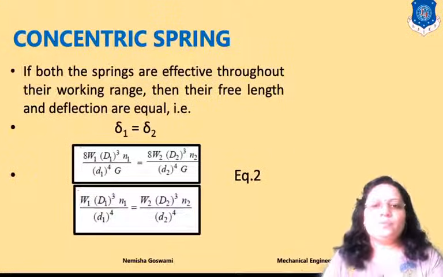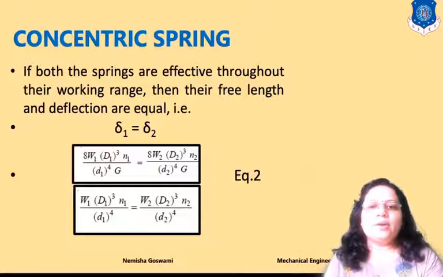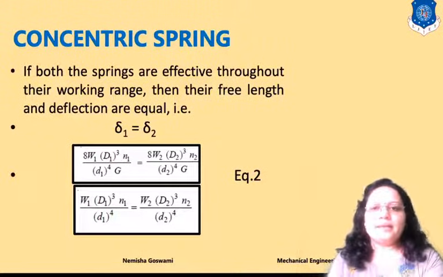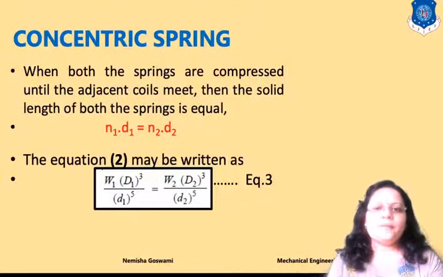So after putting this value N1 d1, in equation 2, I have told you we will simplify this equation. So we will multiply small d1 in the numerator and small d1 in the denominator. Similarly, small d2 in the numerator and small d2 in the denominator. Okay, so here we will obtain W1, and now N1 d1 is equal.